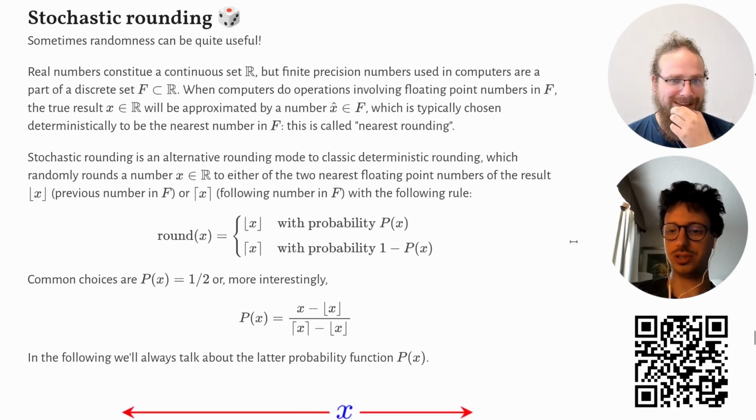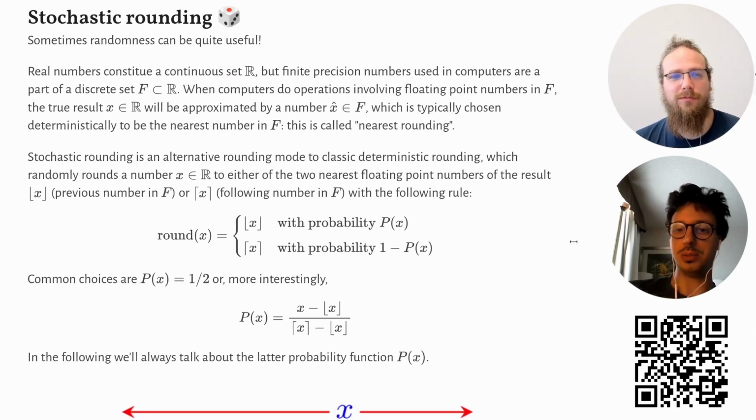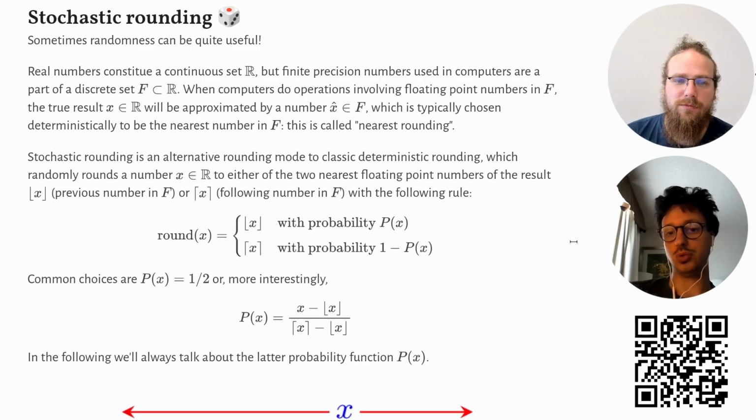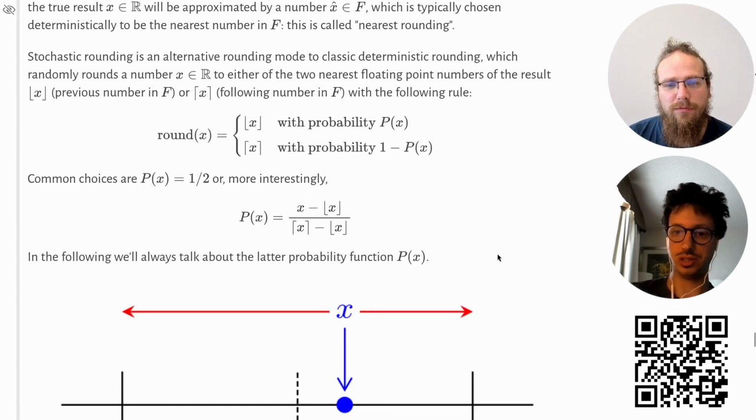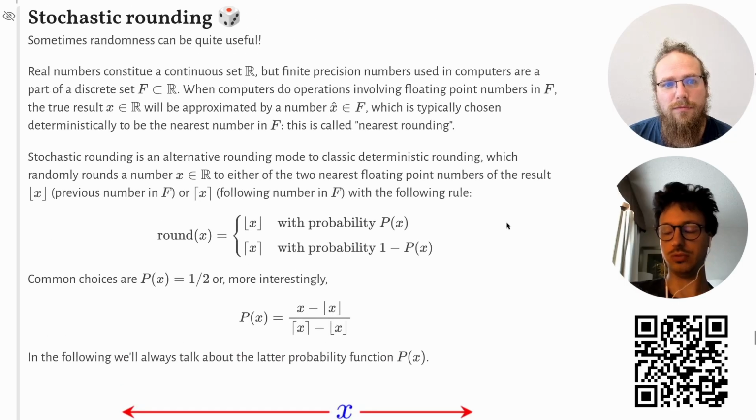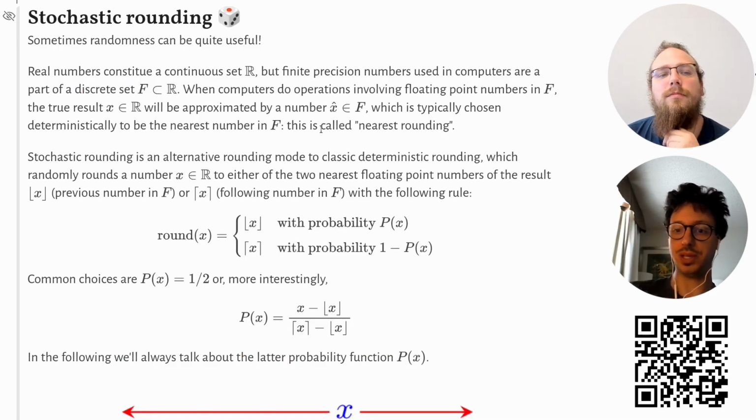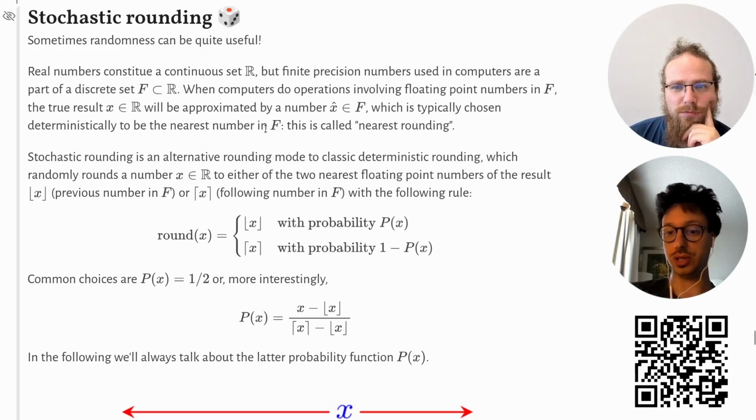So stochastic rounding is an interesting concept because when you do operations with real numbers on computers, you are actually using a finite subset of the set of real numbers R. So we can call this set F in this case. And the computers normally use what's called nearest rounding. So whenever you do operations on